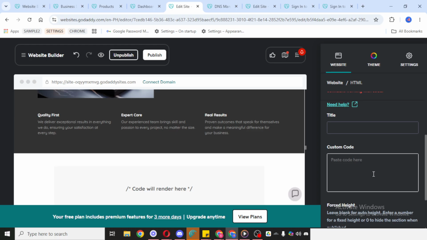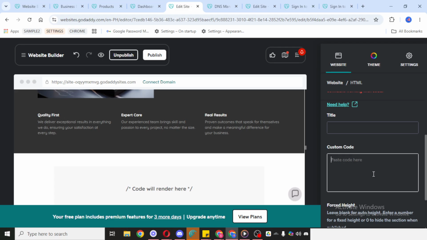Simply copy your HTML code from wherever you created or stored it, then paste it into the custom code field. Be careful to paste only the code you intend to use, and it's always a good idea to quickly review it for errors before saving or publishing. This is especially important if your HTML includes embedded elements, formatting blocks, or layout-related code, because even a small mistake can affect how the content displays on your page. If something doesn't look right afterward, go back into the code and double-check for missing tags or formatting issues.